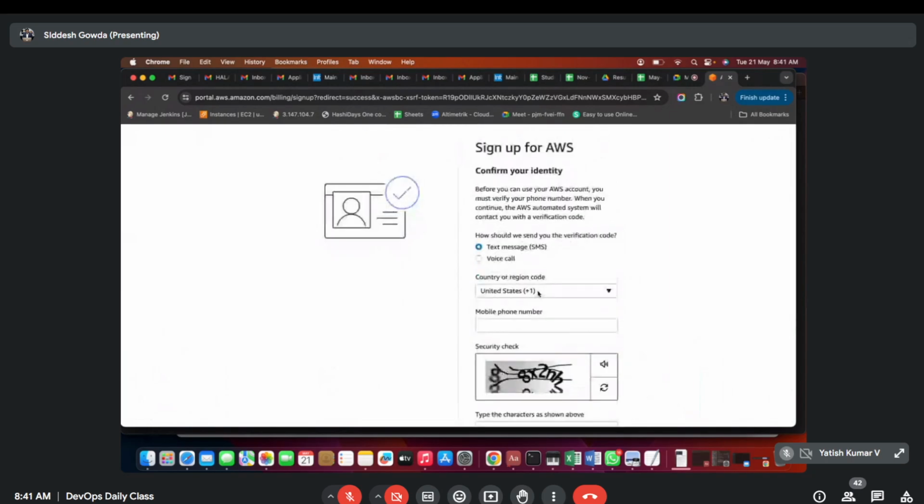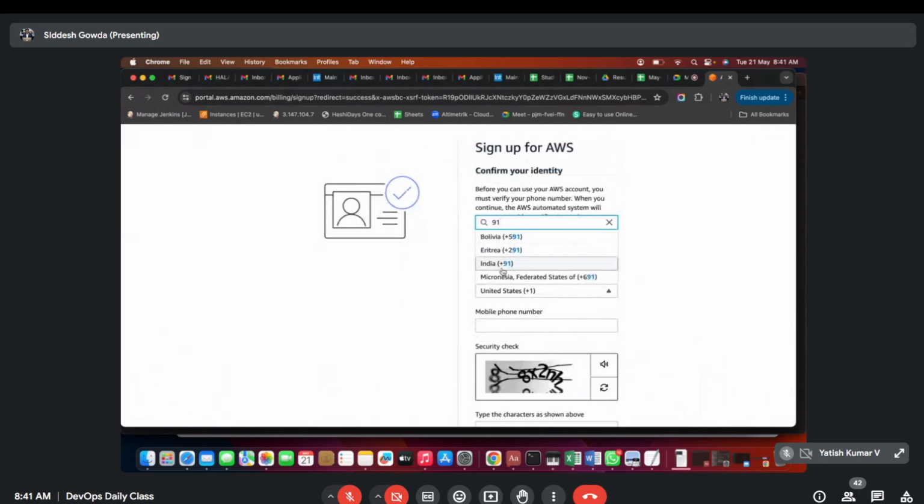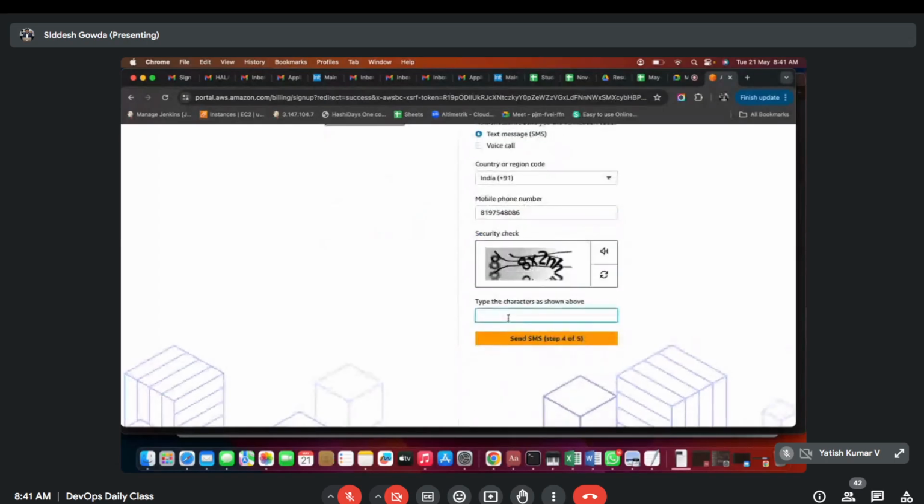So we need to provide identity details. You need to choose India and then phone number. You can provide your phone number. So once you're done with that,